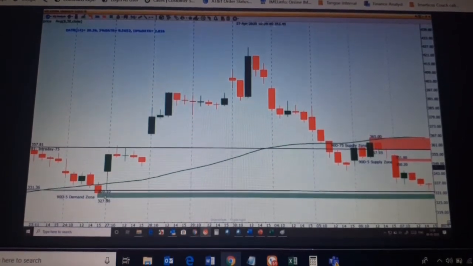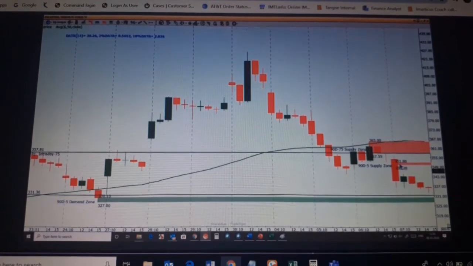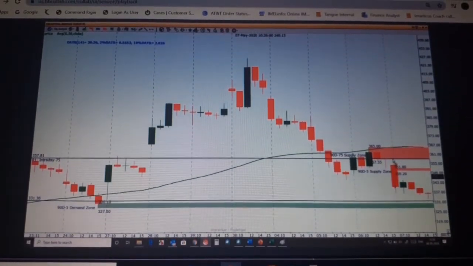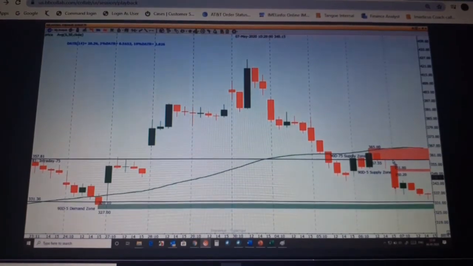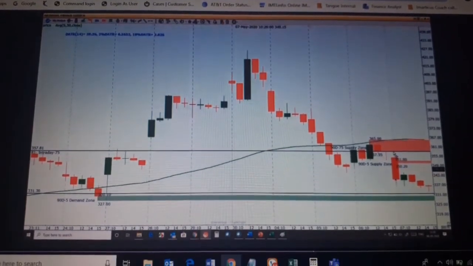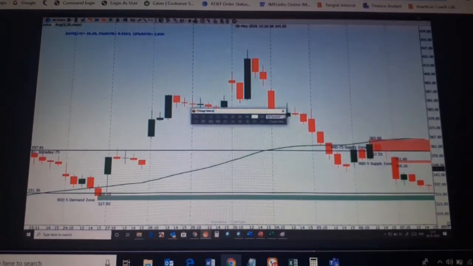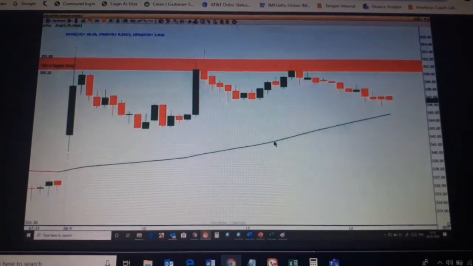So what should I be doing? Is going long suitable in the equilibrium when the trend is down, or is going short suitable when the trend is down and you are high on the curve? We'll go short, right? That's what our decision matrix tells us. So I'll go to the 5-minute chart.